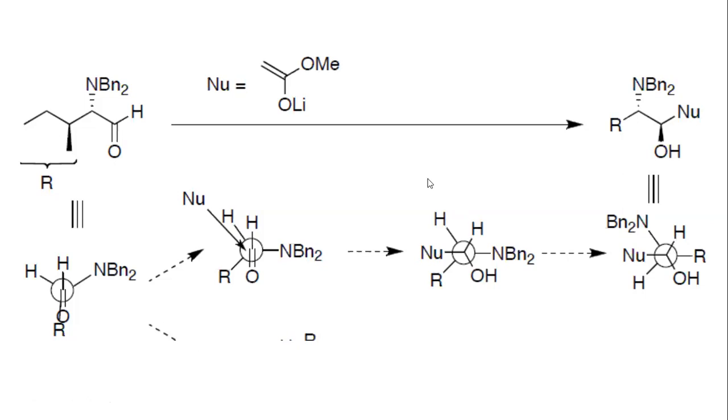You can easily see the hydrogen present here is written below the plane, because OH is written above the plane. Automatically this hydrogen must be below the plane. Look at these two. These two are now below the plane, so automatically these two are above the plane. This hydrogen, which is on the rear carbon, is above the plane. This OH on the front carbon is also above the plane.